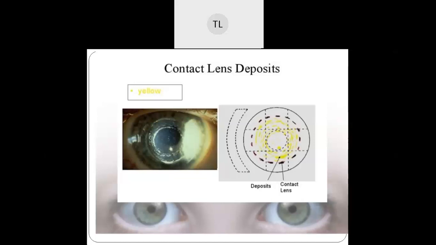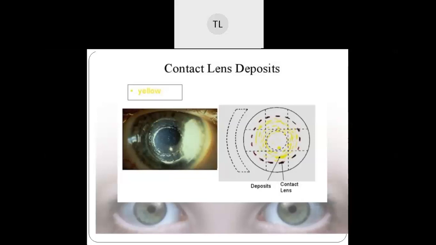Ma'am, on hygiene, ma'am. Yes, good. It's unhygiene. Okay. So see, because of the poor patient compliance. If the patient compliance is not good, then it could lead to a lens deposit. And one more point, it's the solution toxicity. For example, the person is not using the solution that has been prescribed by the practitioner, or for the soft contact lens, he is using the RGP lens solution. That means it can lead to a lens deposit.